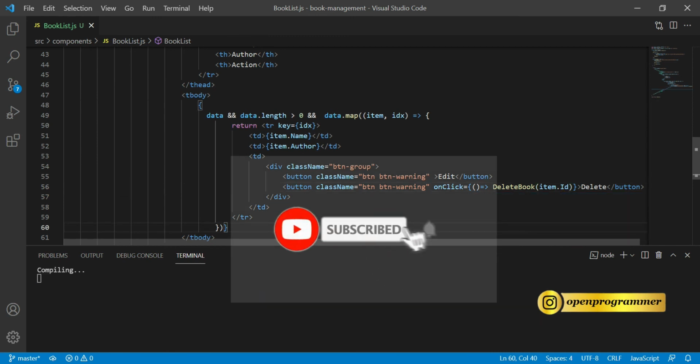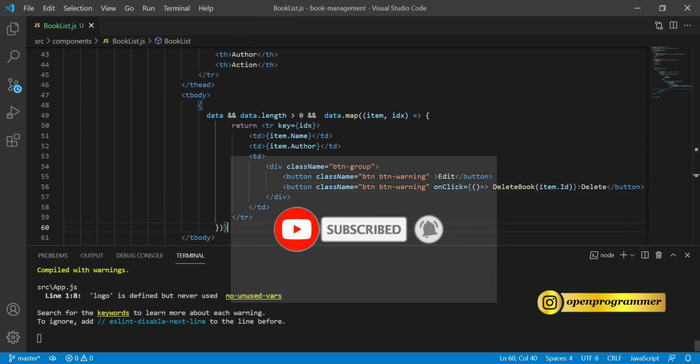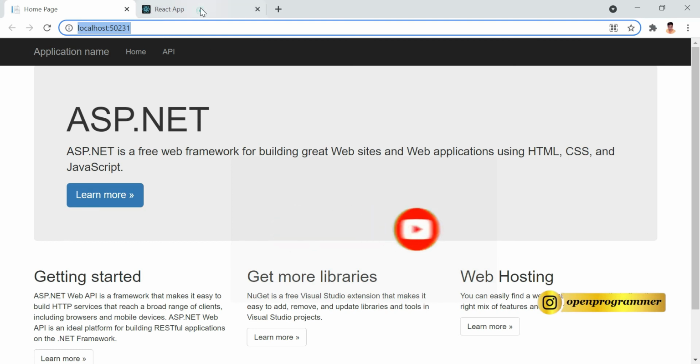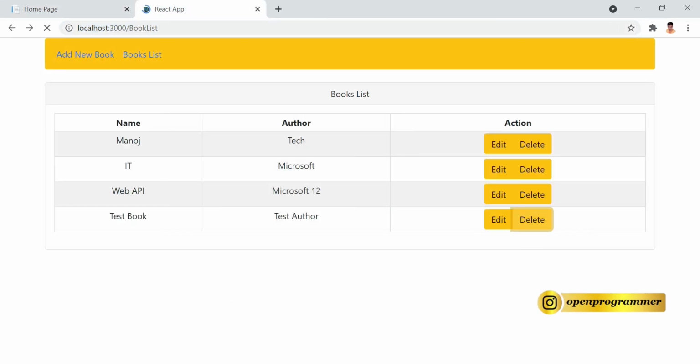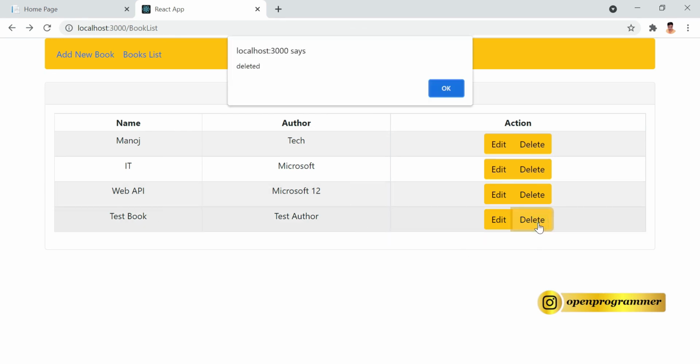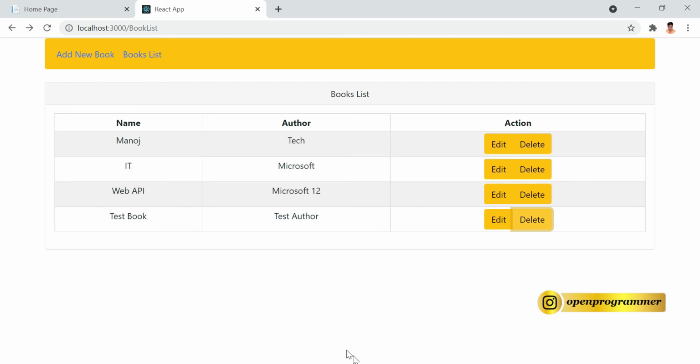Let's save this. No error is coming. Go back to the browser and let's reload this, and just try to delete any one book. Let's say this test book. Click on delete. You can see the message is deleted, meaning the application worked.